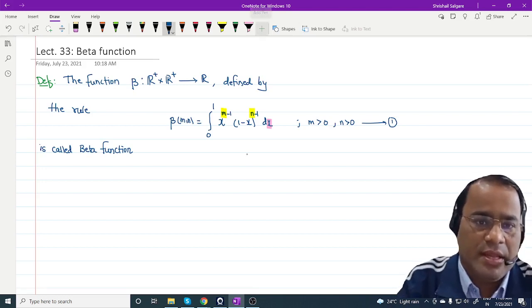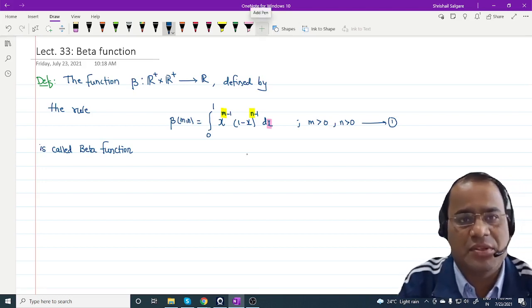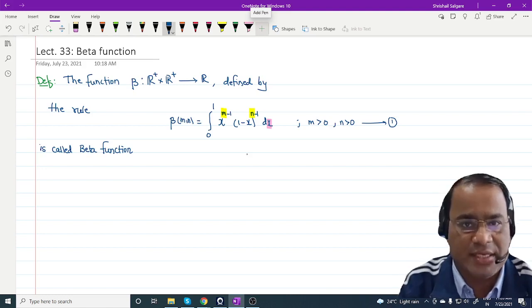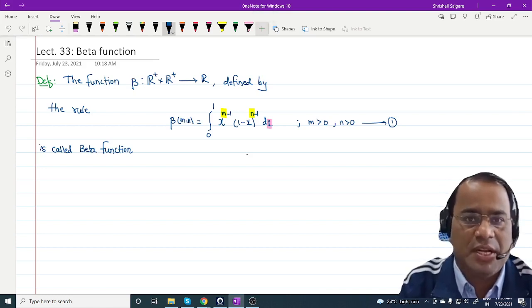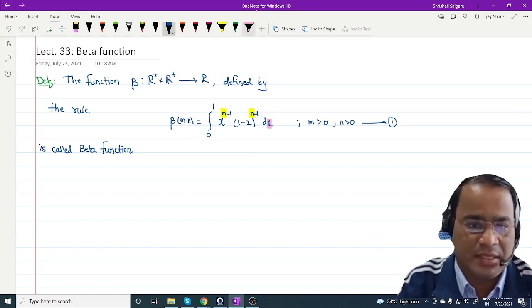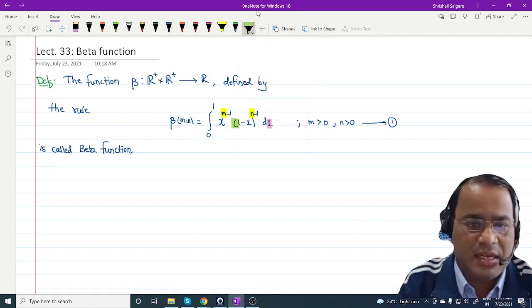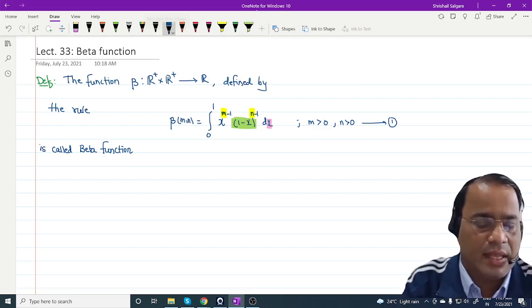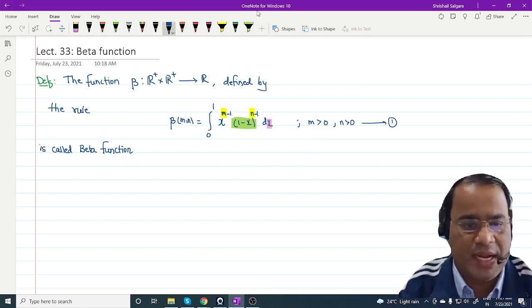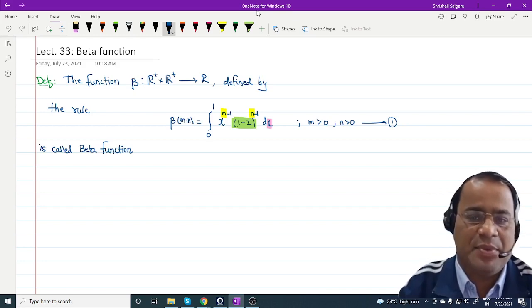So in case of a gamma function, we have seen the kernel is nothing but e raised to minus x. Means if you are reducing a particular integral to the gamma function, our main target is e to the power minus x. Now in this case, if you are reducing this integral to beta, limits are 0 to 1, then the kernel is 1 minus x, that is the parameter. Again we consider the property that definite integral is independent of the parameter.